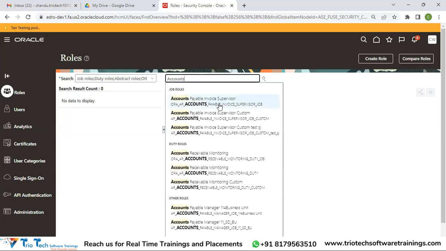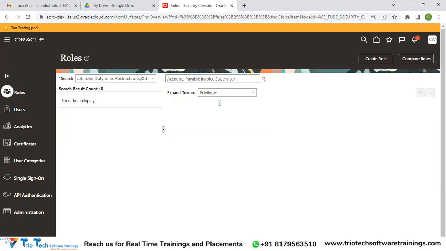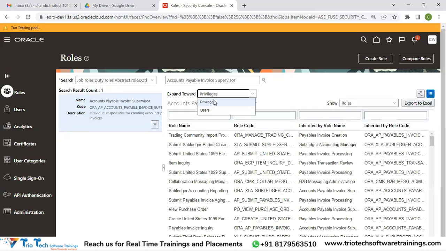Accounts payable invoice supervisor. Okay, now you see here, the options are show roles. That means all the duty roles that are under this job role, or even certain job roles can also be associated under another job role. So you see here, these are all the different duty roles and sub job roles that are assigned here